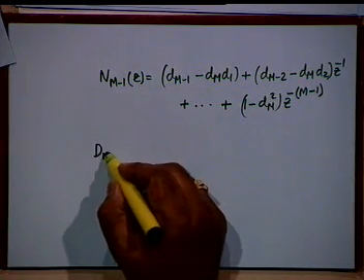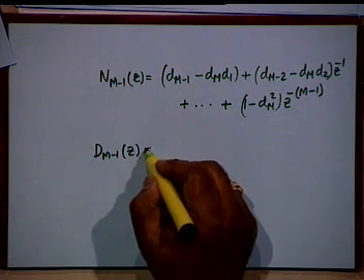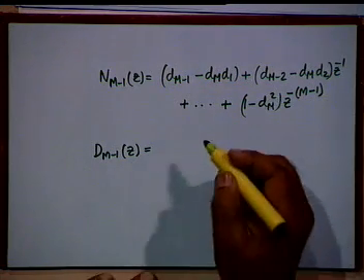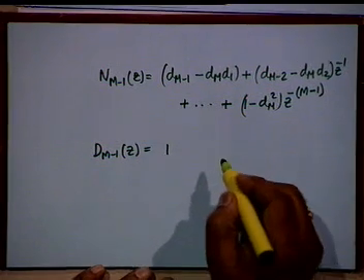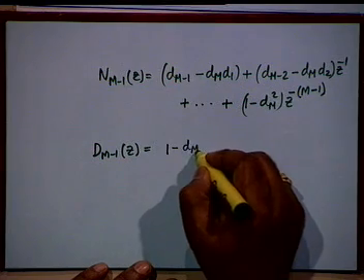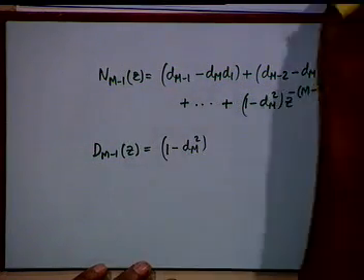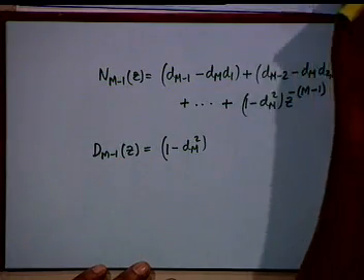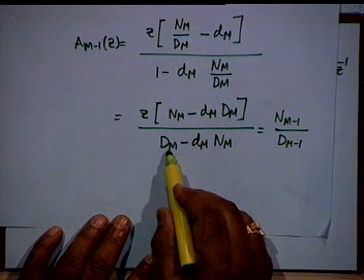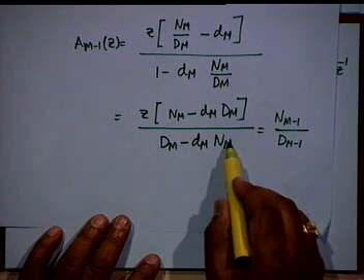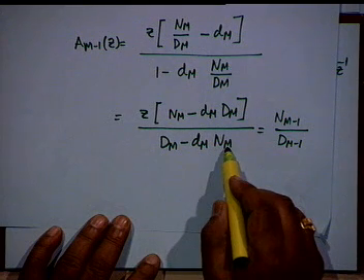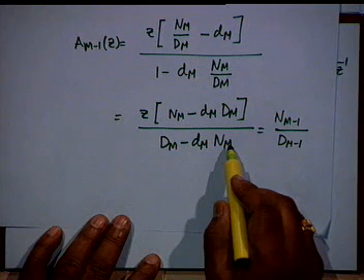In a similar manner, you can show that dm minus 1 of z... I will simply write it down. Now, the constant term would be 1 minus dm squared, okay? Because what do I get here? Dm, the constant term here is 1, and the constant term here is dm. So, dm multiplied by, not the constant term, the coefficient of z to the minus m.